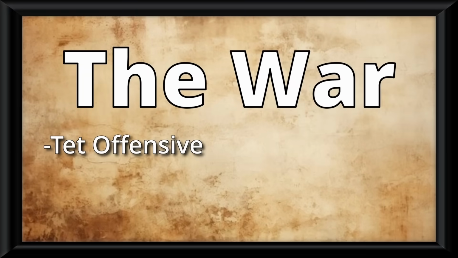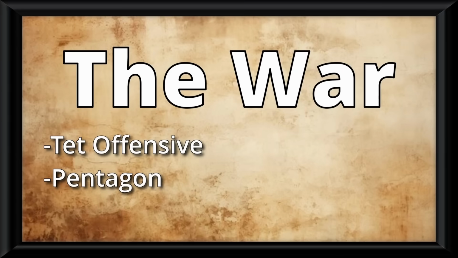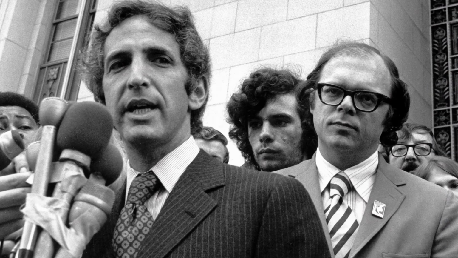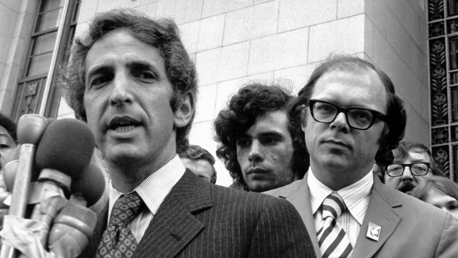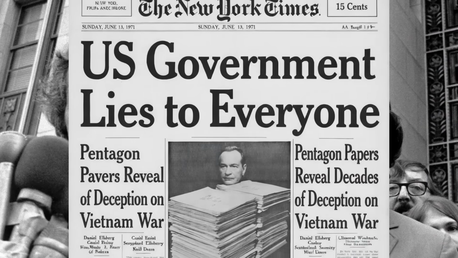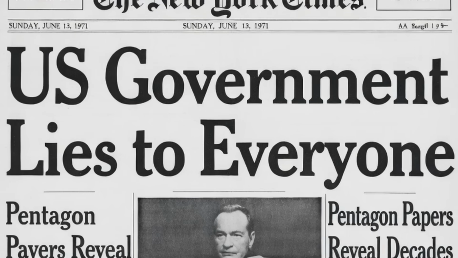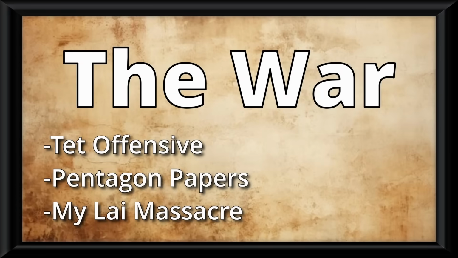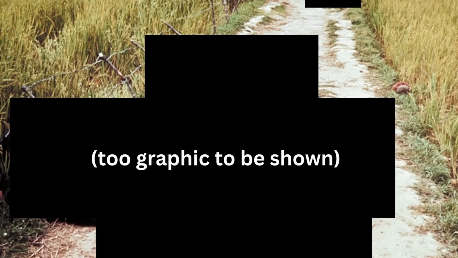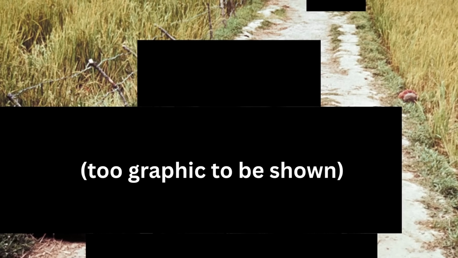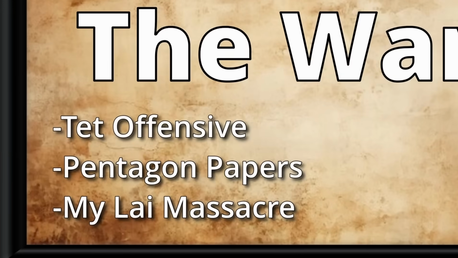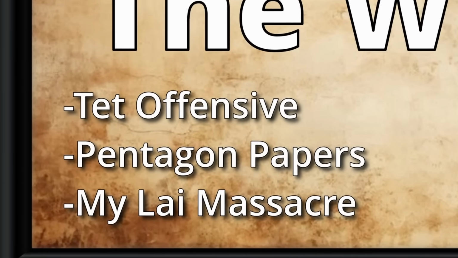The Tet Offensive happens in Vietnam, where North Vietnamese soldiers launch a massive series of surprise attacks on the South, and then the Pentagon Papers get released, showing that US leaders had been secretly expanding and misrepresenting the war, while lying to the public saying that things were under control. And finally, the My Lai massacre happens, where US soldiers killed hundreds of unarmed Vietnamese civilians. All of these combined together cause the US public to most openly despise this war.